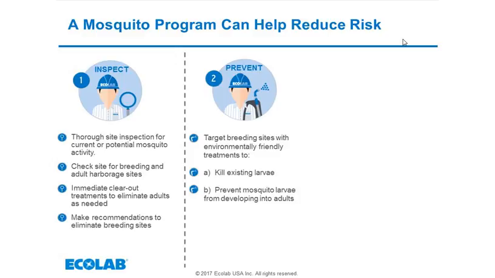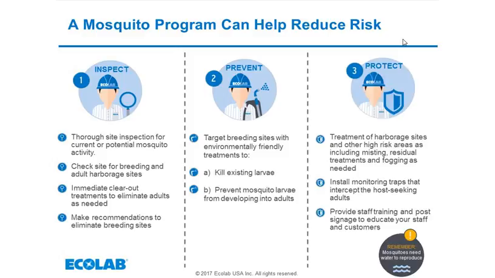So step 2, if the potential breeding sites cannot be addressed, is prevent. That includes treatment of potential breeding sites using products like larvicides. These products are environmentally friendly and developed to specifically target and kill mosquito larvae without harming the environment or other non-target organisms. And the final step, step 3, which is called protect, includes the treatment of potential adult resting sites